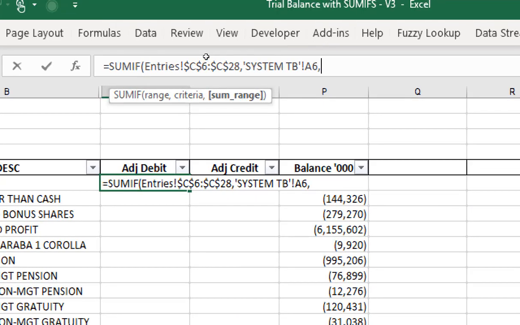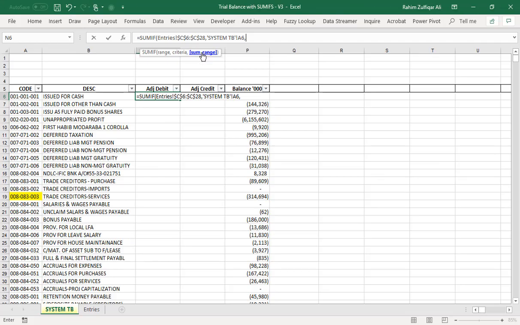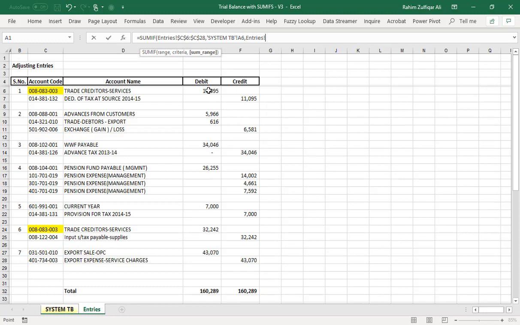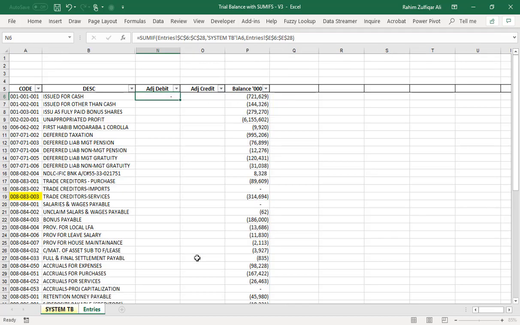Then we select the sum range, which contains the debit amounts, again in our entry sheet. We select this entire debit column and make the reference absolute by pressing F4, and close the bracket.